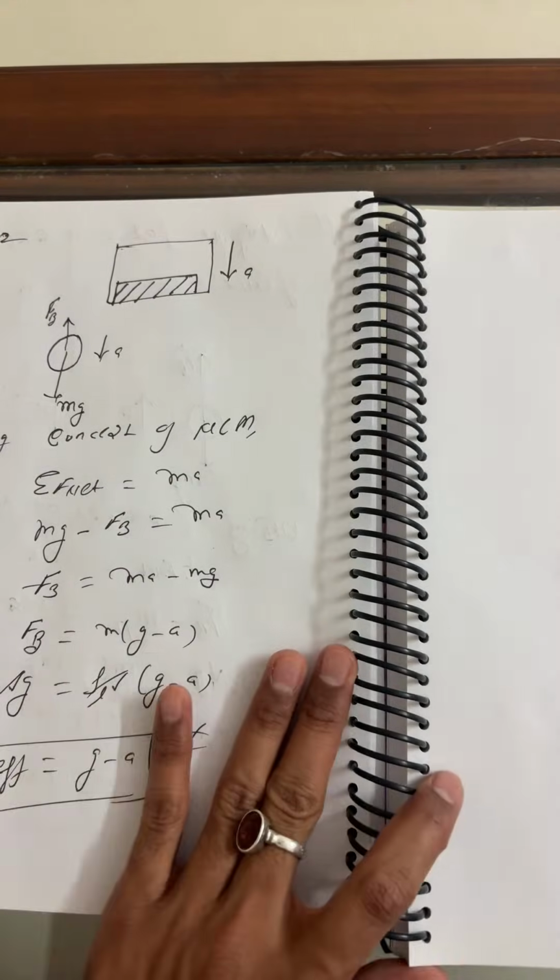Now, this is the thing, beta, which I have done: case 1 and 2, the buoyant force in an accelerating fluid. There is a condition here, and there are conditions which I wanted to discuss. Beta, first I'll discuss the concept here, then I'll go through the numerical. For now, because I've done this,